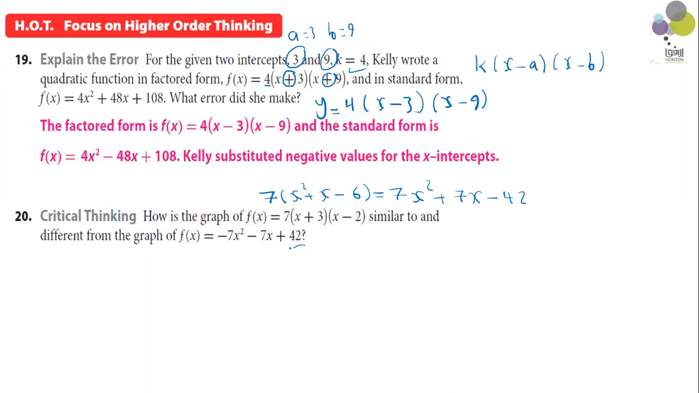So compare between this and this one. What is the difference between them? Yes, the leading coefficient. Here positive 7 and here negative 7. What does it mean? A change in sign. The first one, the parabola opens upward. The parabola will be like this. But this one opens downward. The parabola will be like this. So the two graphs will be the same, but this one opens upward and this one